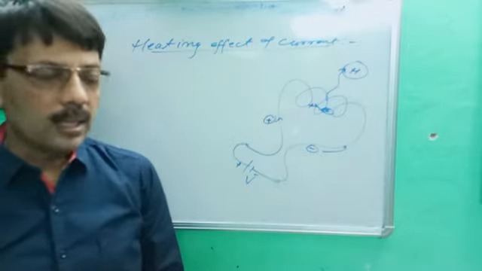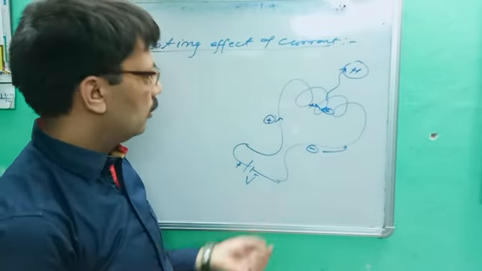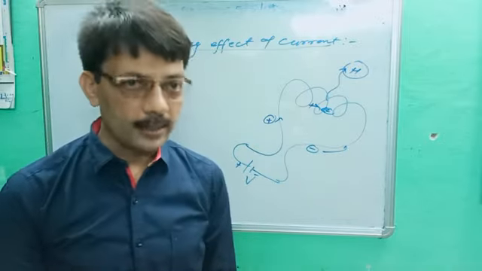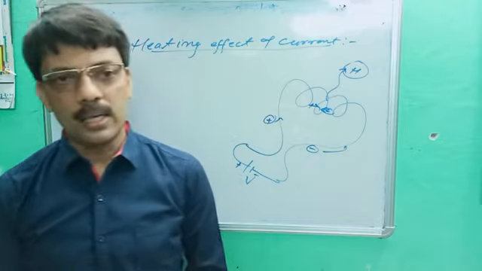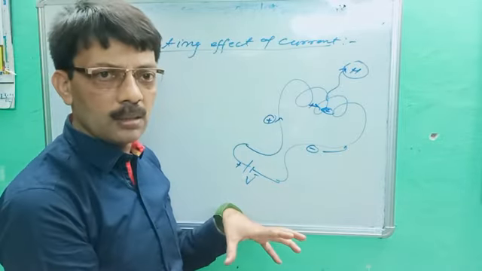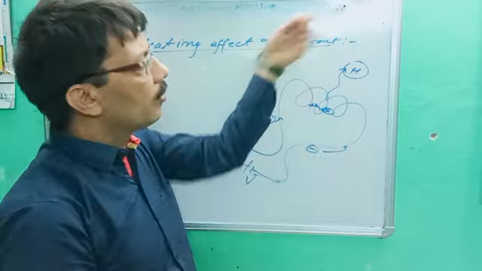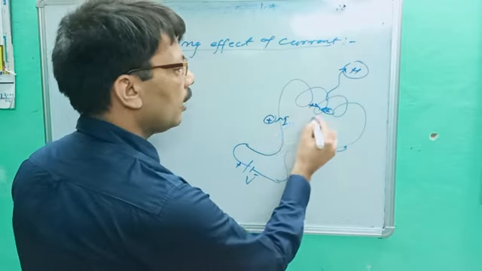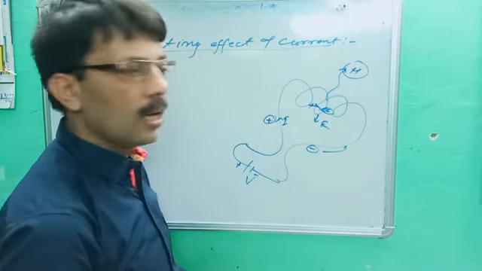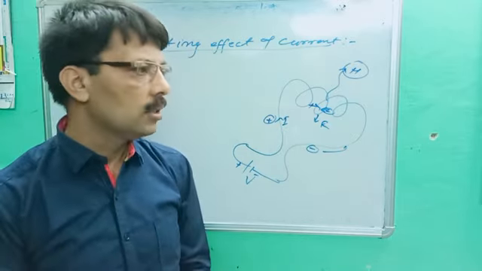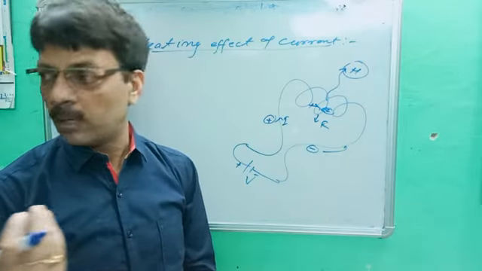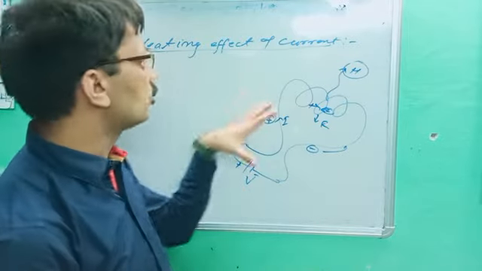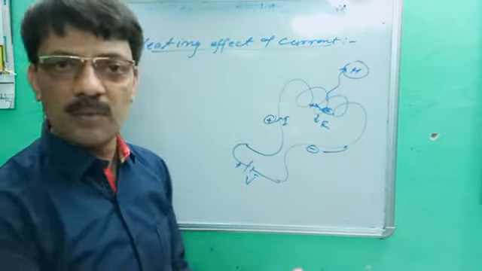Once again, when any conductor is applied with chemical energy or electric potential, then proton and electron start moving in opposite directions. They collide with each other and convert into heat. That is called the heating effect of current. Let's suppose the flowing current is I and the wire resistance is R. Your electric heater, your water heater, your OTG, all are based on the heating effect of current. Electric press, which you use every day.